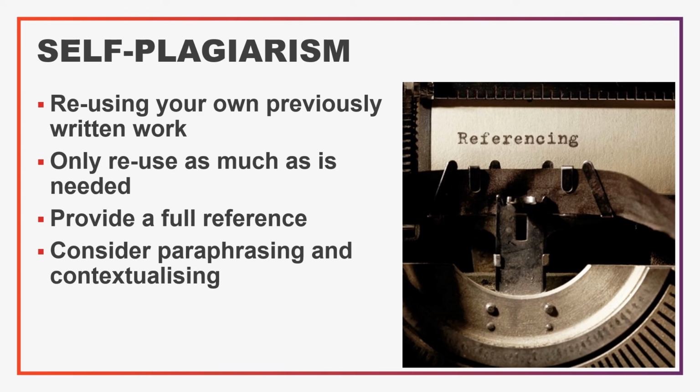You can imagine that academic staff who research on a particular topic need to be aware of this. They might publish their research, but then do further research in that field that builds upon what they've already done. When they do this, they need to make sure that they cite anything that came from their previous work and acknowledge that it is not new. What they'll be doing in their new publication is building upon their previous work and adding something new to the conversation, not just reusing the old work.